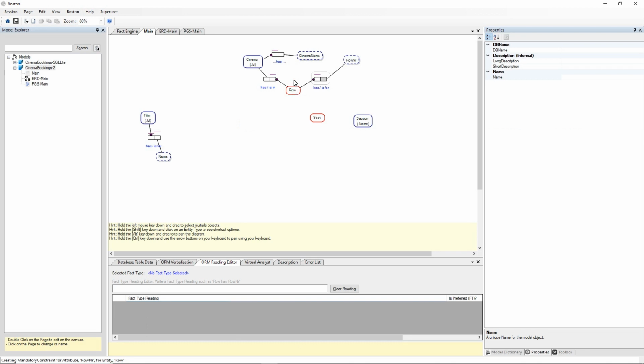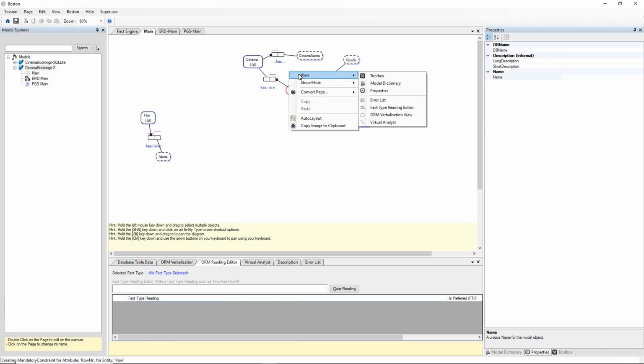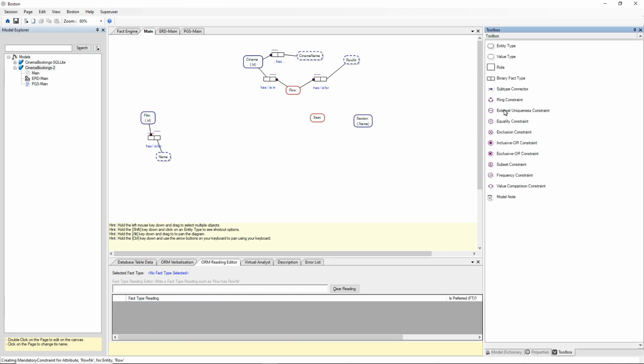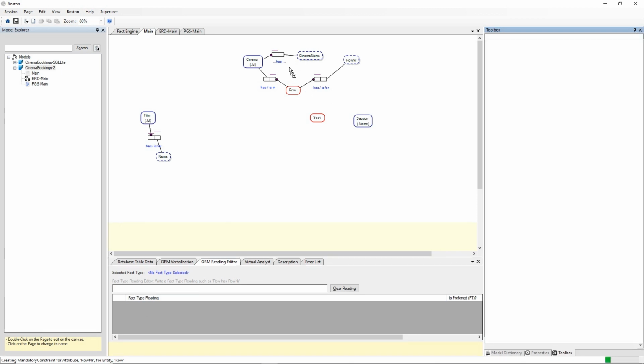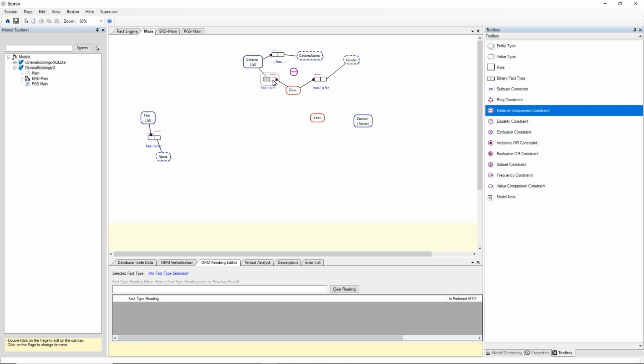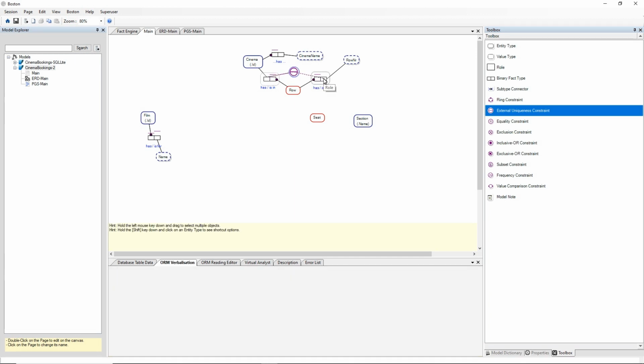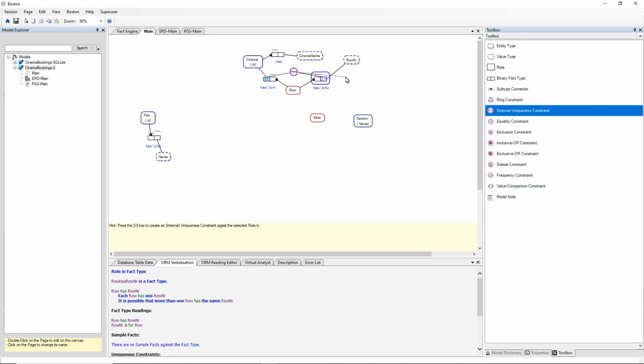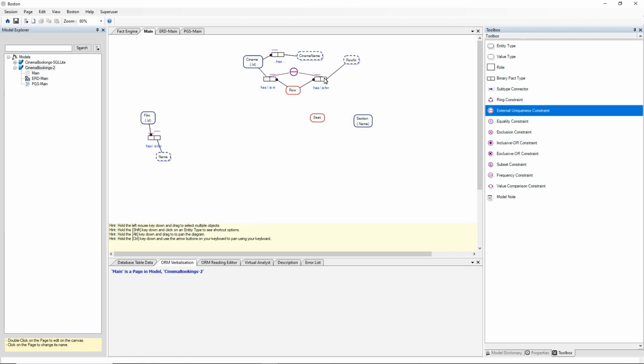This is still red because we haven't given it a primary reference scheme. So let's give row a primary reference scheme, and we're going to go back to the toolbox, and we're going to create a special type of reference scheme here. We're going to give it an external uniqueness constraint rather than these bars above roles, which are internal uniqueness constraints, and we're going to drag from cinema to the role joining row number,